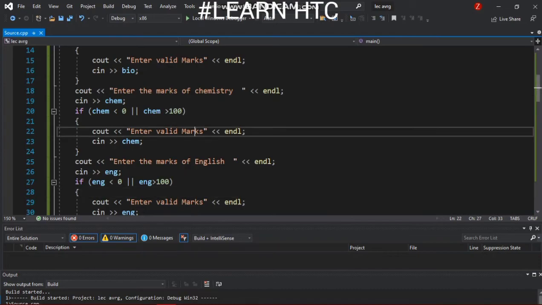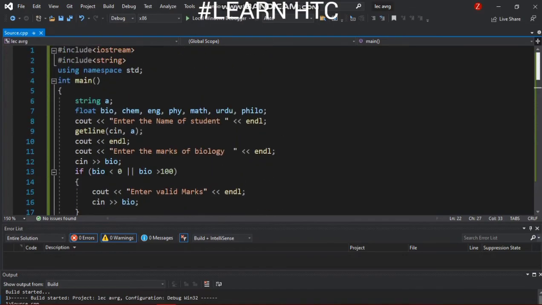What is the difference between if else restrictions, or you can say input validation, and loop validation? The if statement executes only once, meaning if a user enters less than 0, the if statement is executed and it will ask the user to enter the value again. But if the user again enters less than 0, it will not execute again. When we study loops, it will ask the user again and again to enter the value till the conditions are true. So this is a big difference between input validation using an if statement and loops.